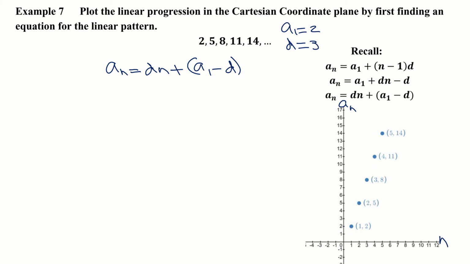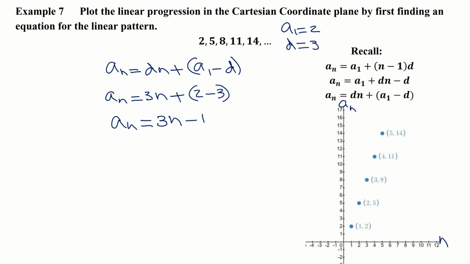So I end up with an equals d, which is 3 times n, plus quantity a1, which is 2, minus d, which is 3. So basically, I get an equals 3n